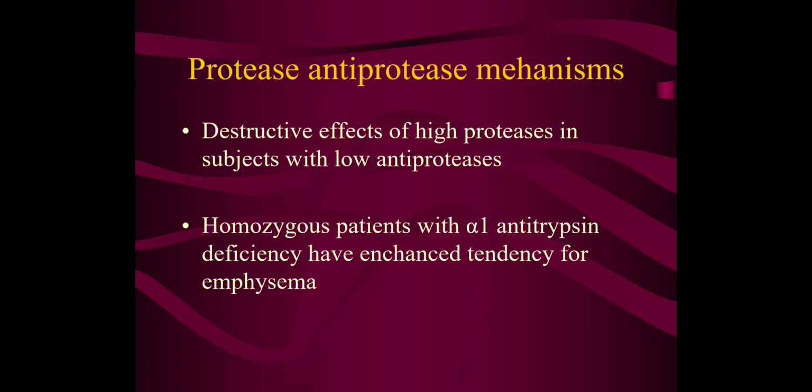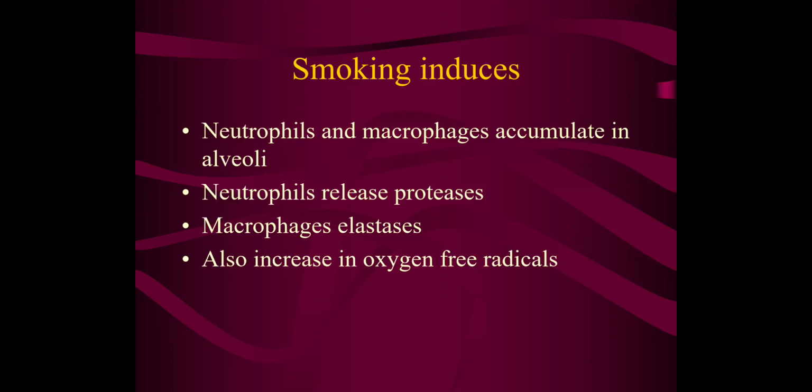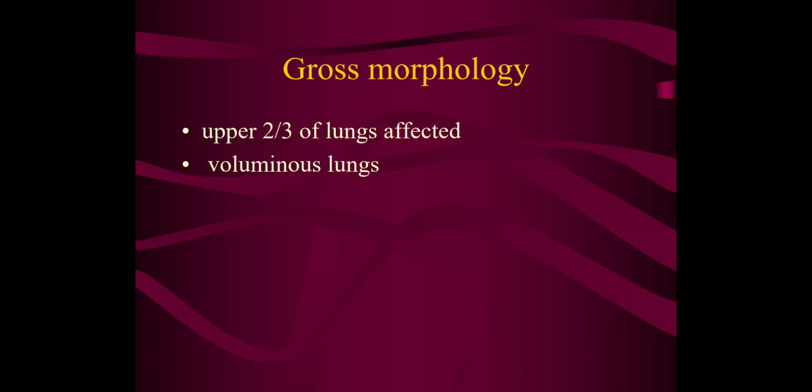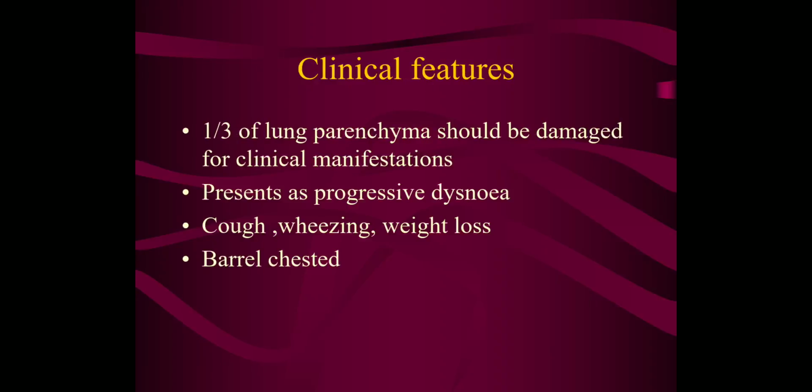So that I told you, this is the thing. And homozygous patients with alpha-1 antitrypsin deficiency have increased tendency for emphysema. Again, the role of smoking. Smoking induces an inflammatory background that induces inflammatory cells to proliferate and also to release mediators, also increasing free radicals. Okay. Now grossly, I told you, mostly the lungs will be enlarged. Why? Because the air spaces are dilated. So the size of the lung will be very high. Okay, so it will be a voluminous lung, and